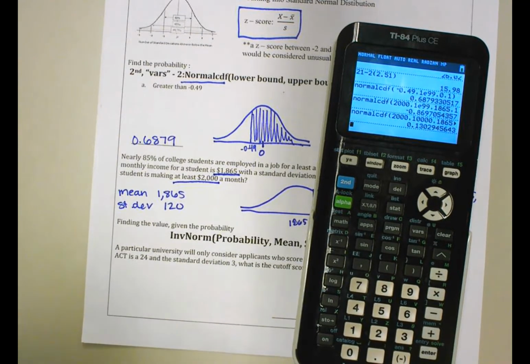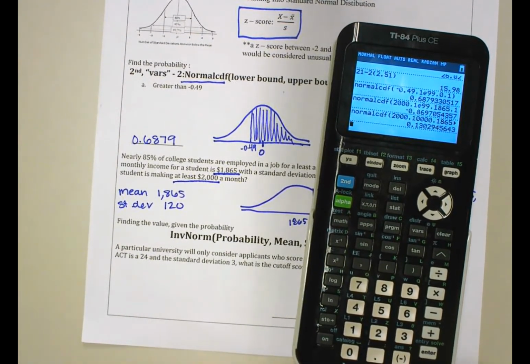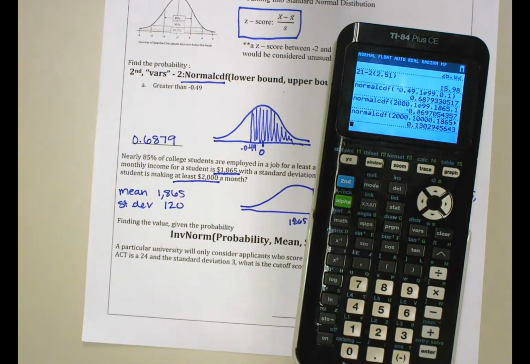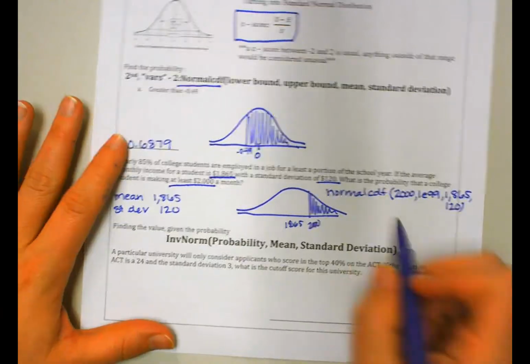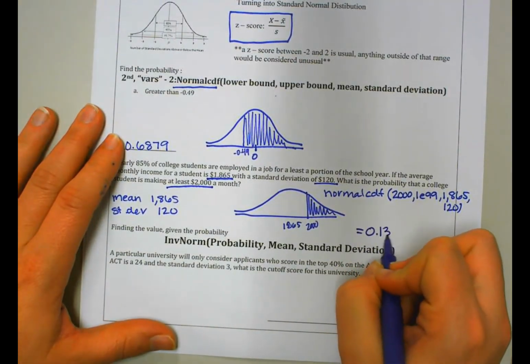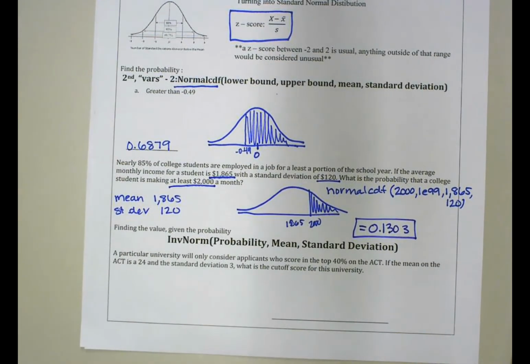So sometimes that happens. It's not very often. You shouldn't expect that to come along, but you should know that if you get a negative probability, something has gone wrong. So make sure you just pay attention to that. So 0.1303. All right, so then another part of this